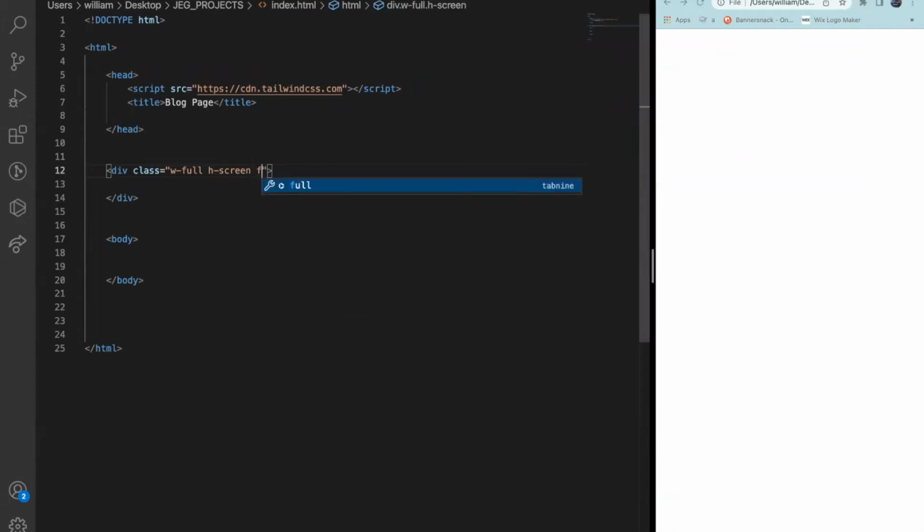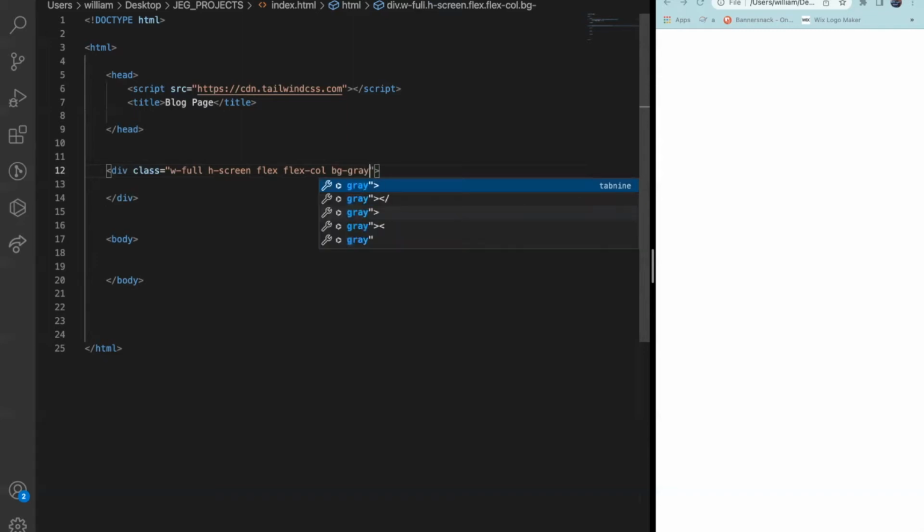And we can apply flex on it. Then any item that will be placed onto this, I want it to be a flex column. So we call it flex-col. For now, you will not see it unless we apply some colors. So let's put a color. That's background color, bg, then let's put